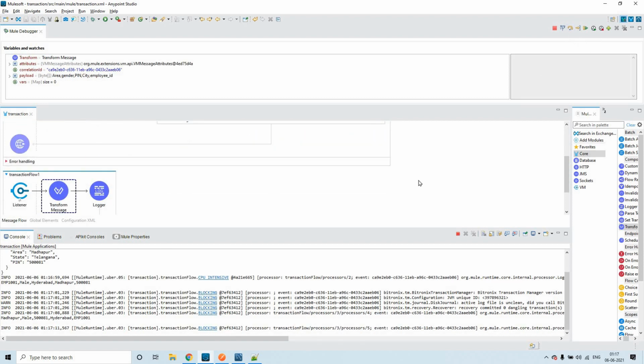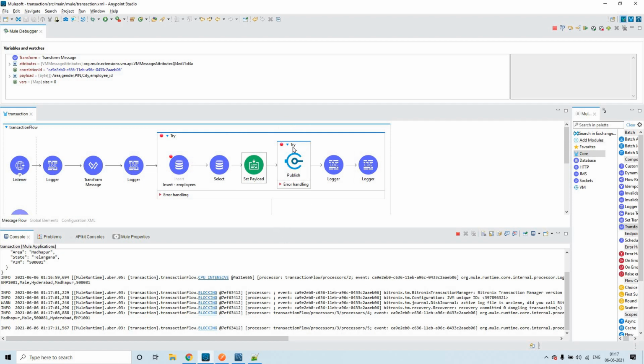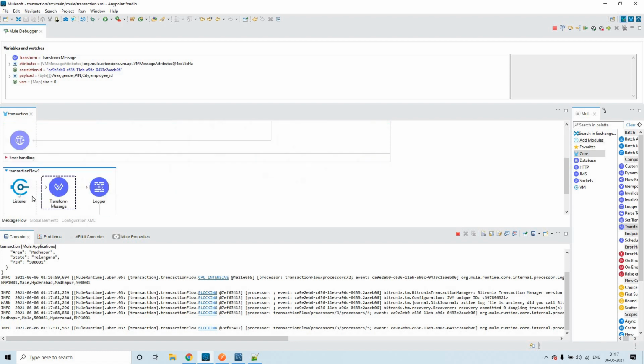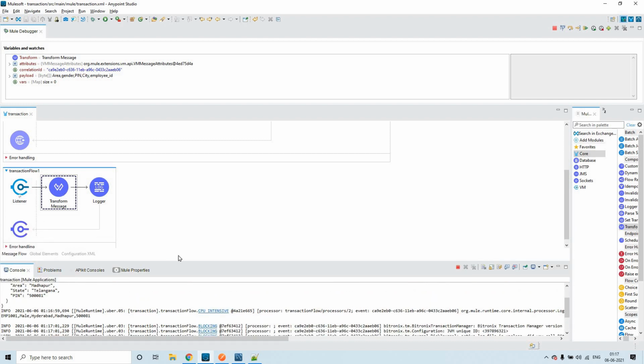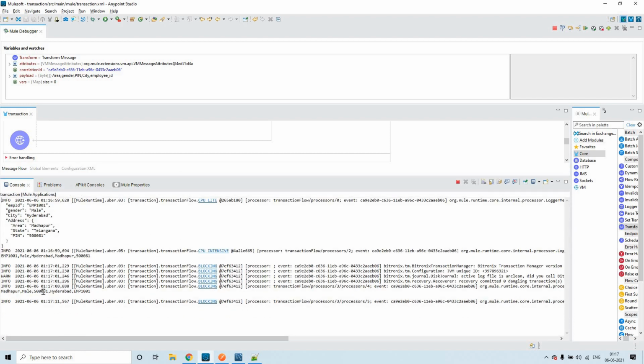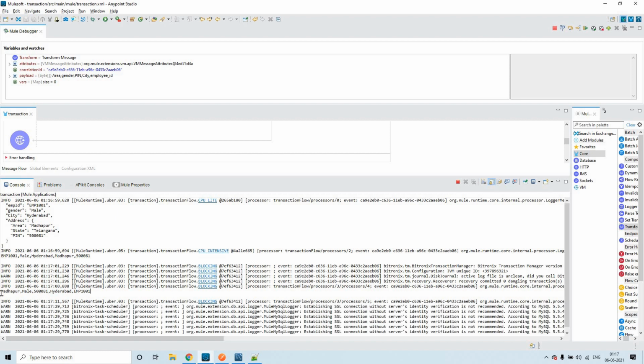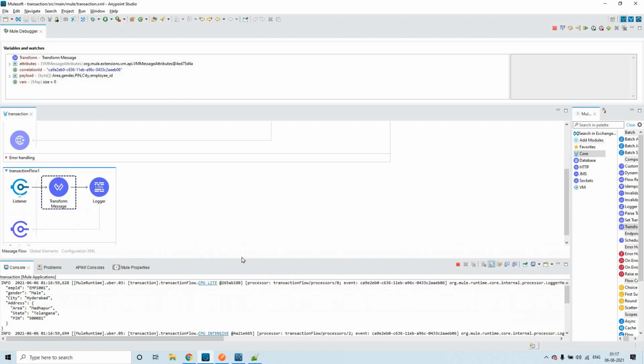See, now that it is done with the transaction in this flow, you see the control has come to this flow because we are publishing the same data here, right? So that is the reason we got the control to this transform message, and this is the record which we got from the database, as a result of the select operation.